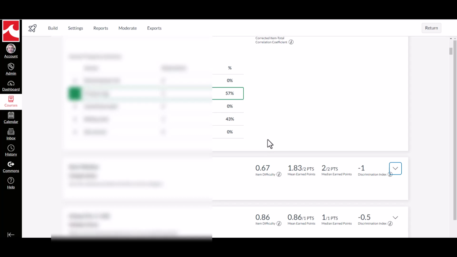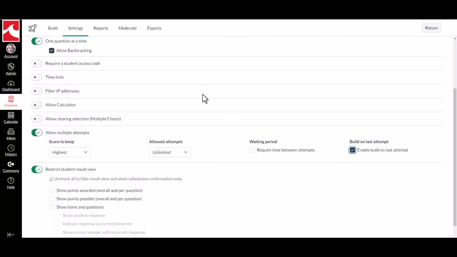Also, currently this is only available for each assessment in each course. There's not a way to compare them across multiple courses if you're looking at different sections or things like that. But those are two new features that you can take a look at and see if they would be useful for you to use. Again, those are only on new quizzes,